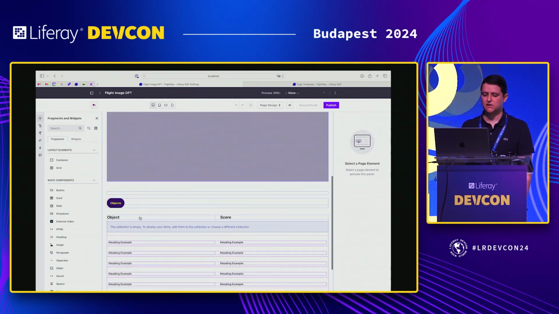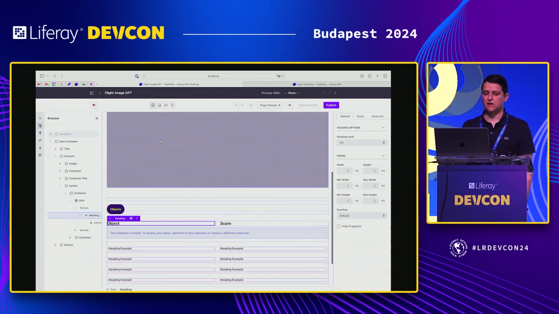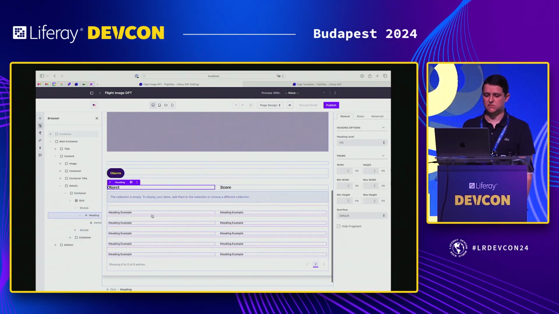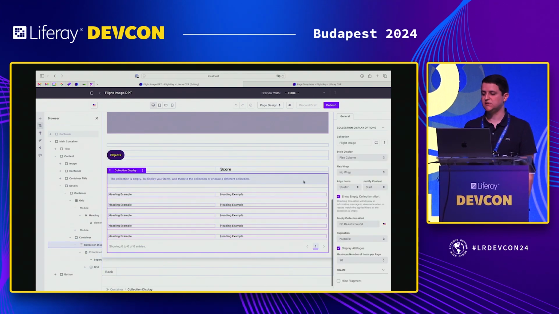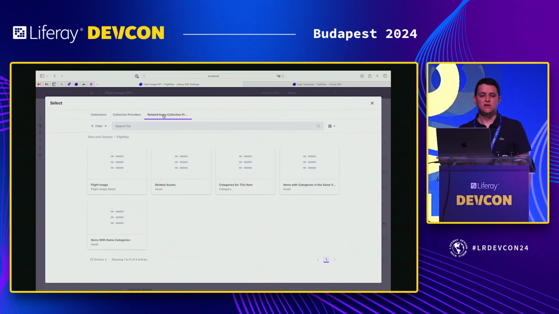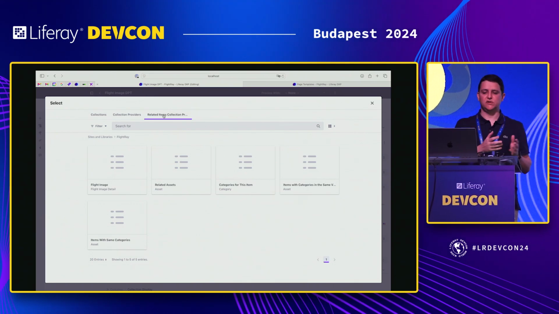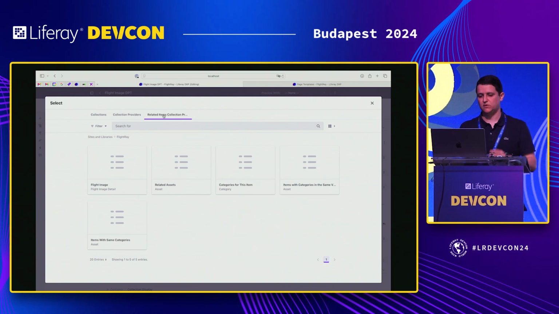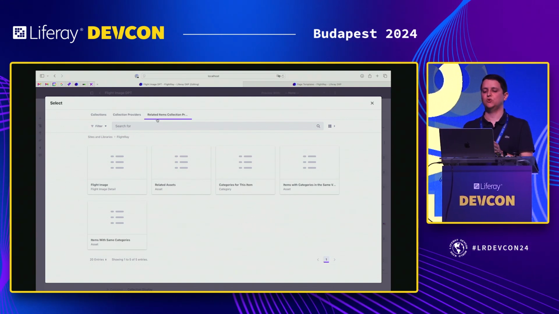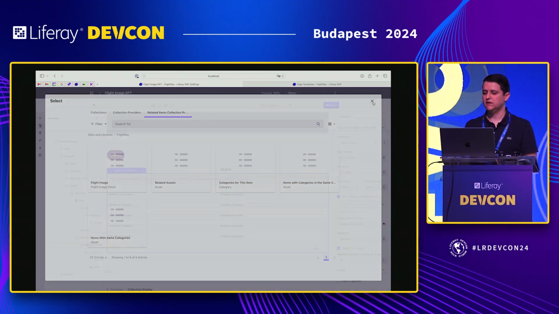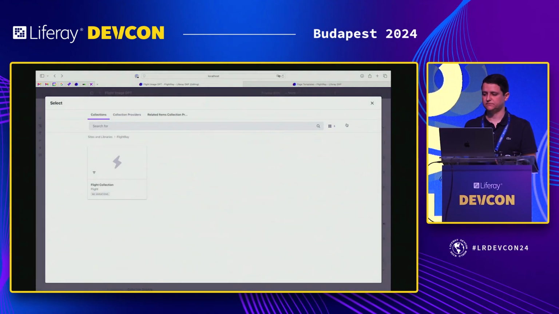But here, we are using flight image, and this, let me see here, this collection display is connected with a related items collection provider. Using that, we can filter by our entity. Otherwise, we will render all flight images. This way, you need to connect a related items collection provider to filter by our flight image.